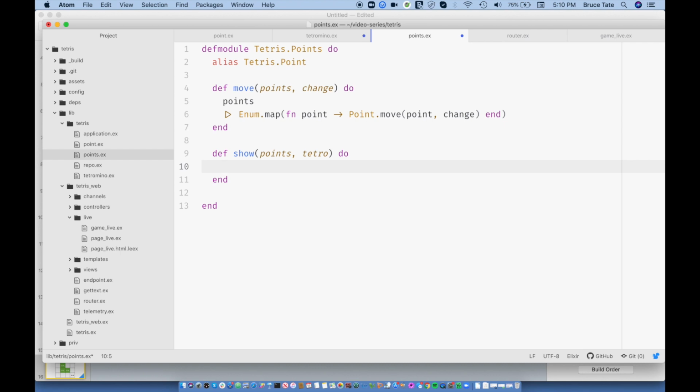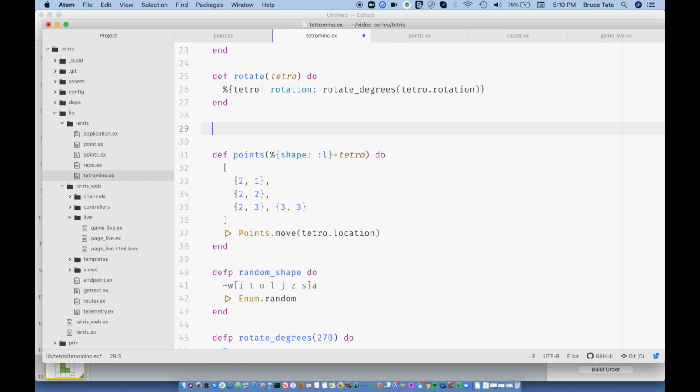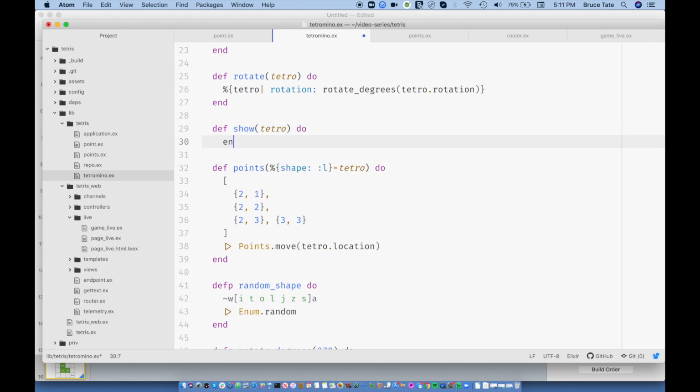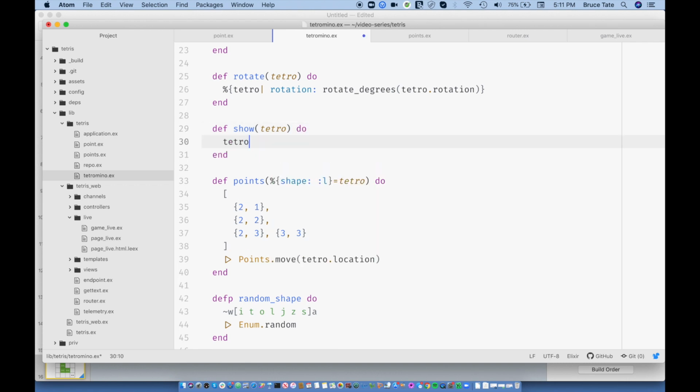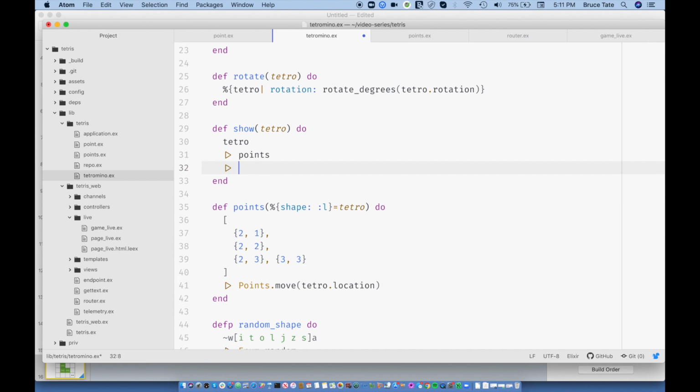Get me used to typing that. So I'm going to say this thing. So we already have all the points. You know, I don't think I like that either. So I am actually going to say we're going to start this with a tetromino, and so this is going to be show. So def show. This is a tetro, and so in this I'm going to take the tetro, I'm going to convert it to points, and then I'm going to call